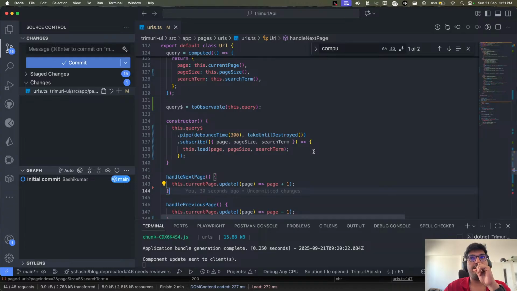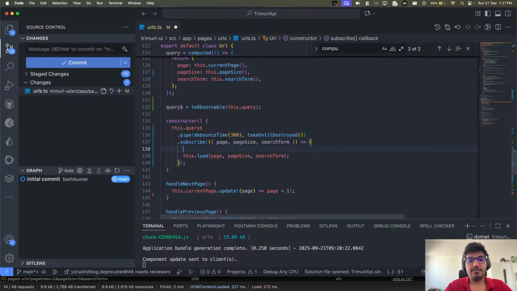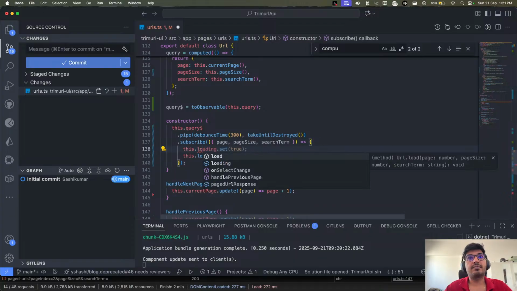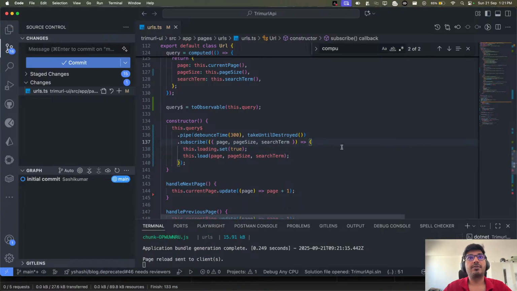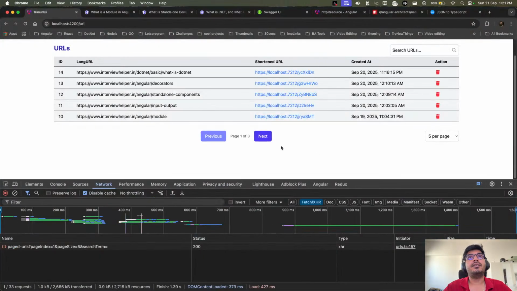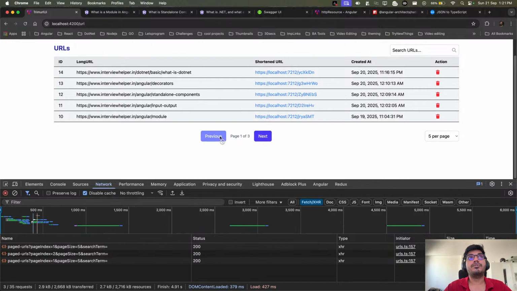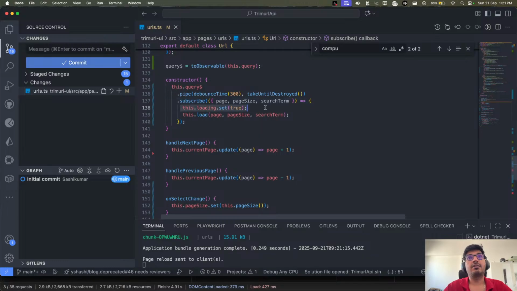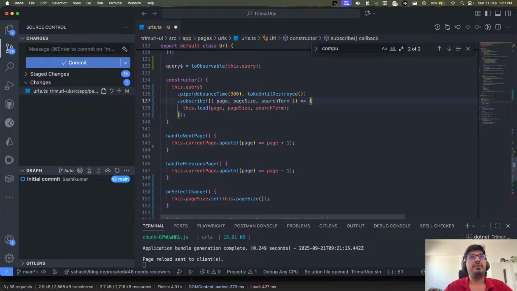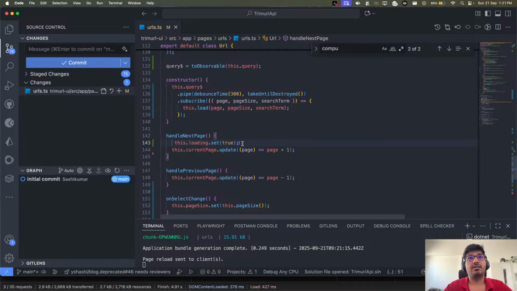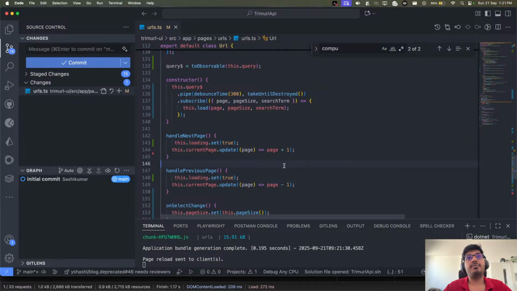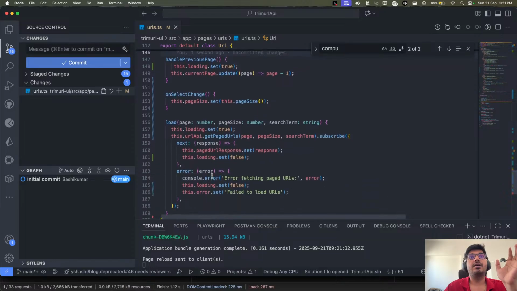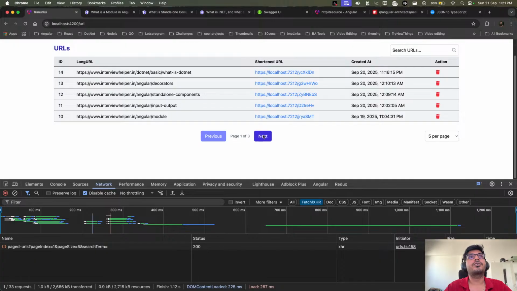we have to make sure that whenever we subscribe, so here we need to say this.loading to true. Okay, and now if I go back, if I say next, it still doesn't show. Interesting, because ideally it should have come here. What if I do, maybe it's just quite fast and we are not able to see, I'm not sure. Let's see, let me put it here as well, because anyway we are changing the state when the API call is done or if there is any error. So just to be sure,